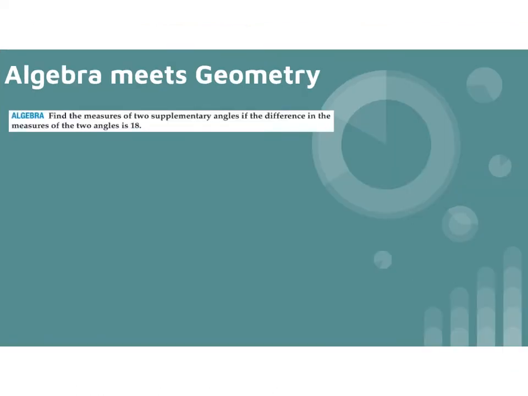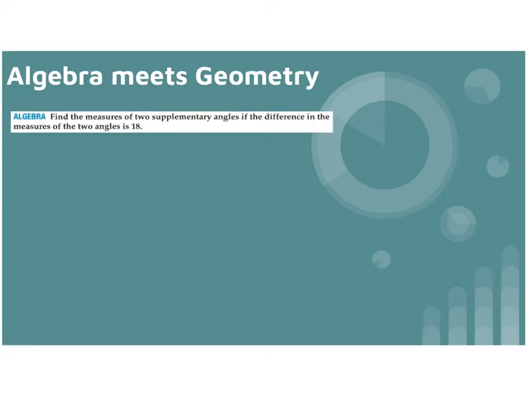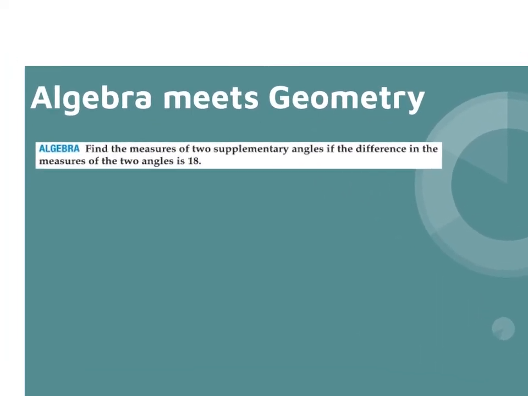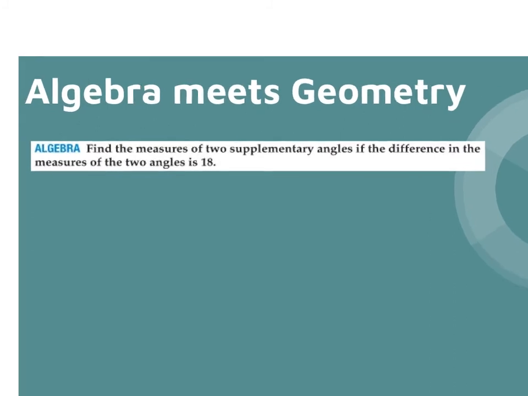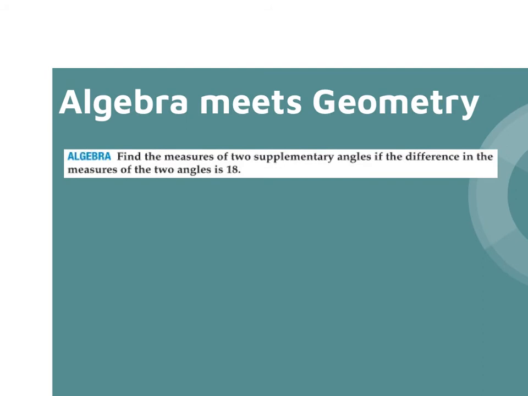Next, let's try a problem. So we have algebra meeting geometry. Go ahead and try this problem in your notes first. Now that you've tried it, let's work through this together. We're going to find the measure of two supplementary angles if the difference in the measures of the two angles is 18 degrees. So first, supplementary angles means that